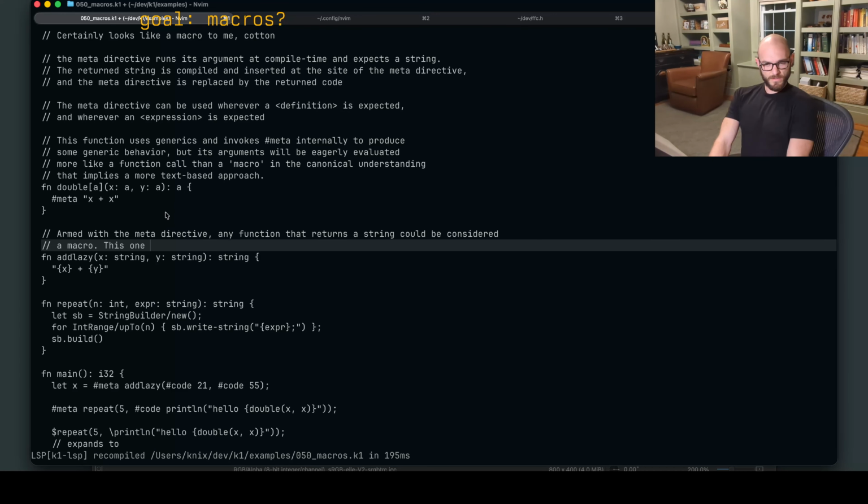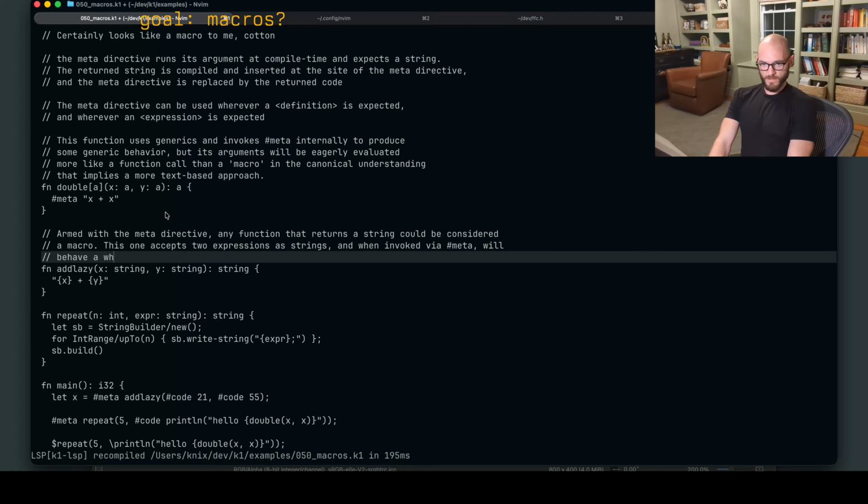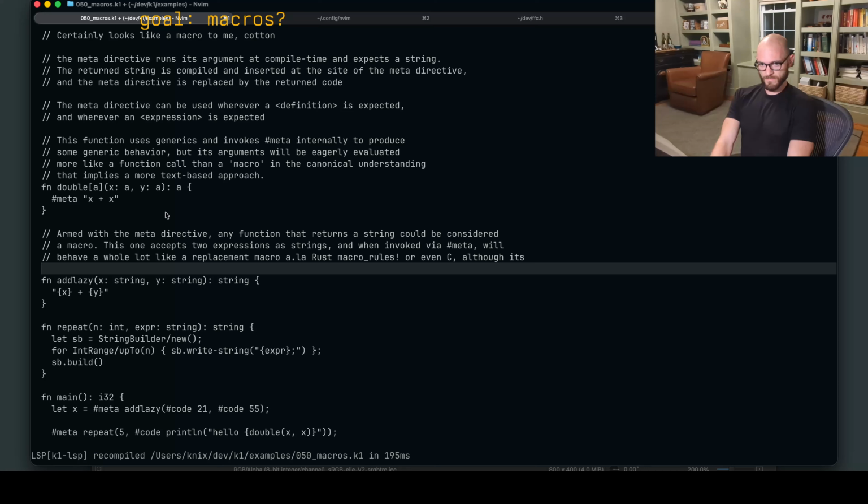This one accepts two expressions as strings, and when invoked via meta, will behave a whole lot like a replacement macro a la Rust macro rules or even C, although it's executing much later than a C macro would, of course.